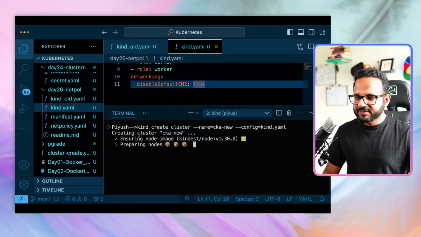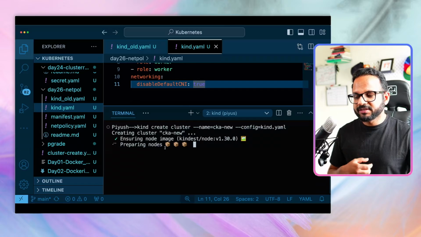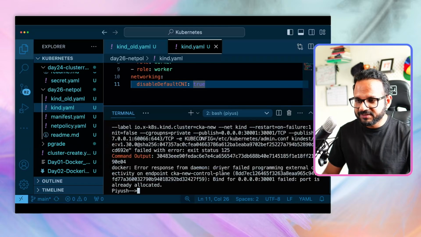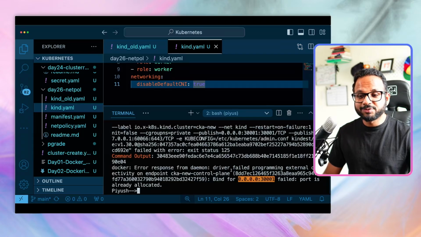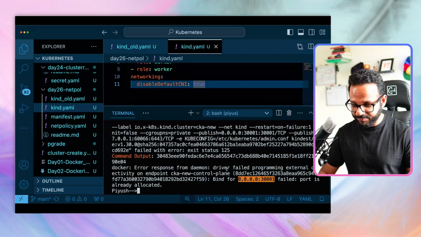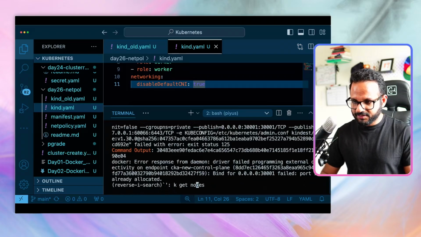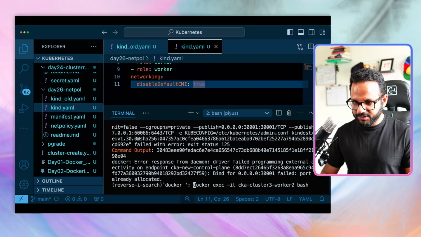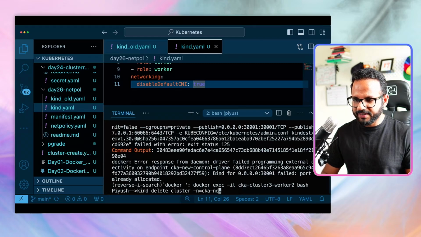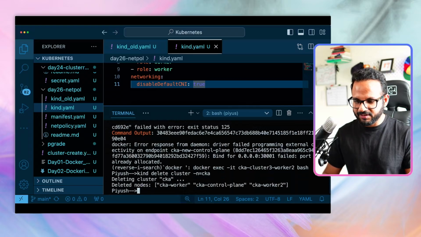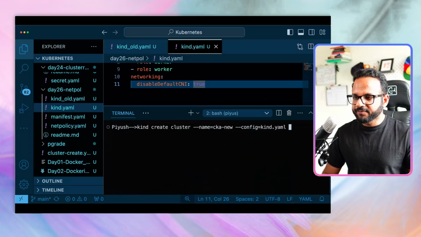Okay, it says ensuring node image, preparing nodes, and then it will install a storage class and a few other things. Oh, it says failed, because port 30,001 has already been bound by the other cluster. So let me delete this first. It should be kind delete cluster --name equal to ck. So this was the cluster. This will release the port. And now if I run this command again,